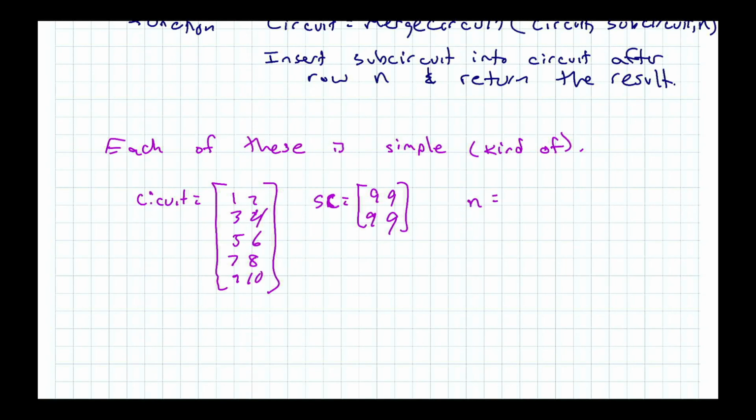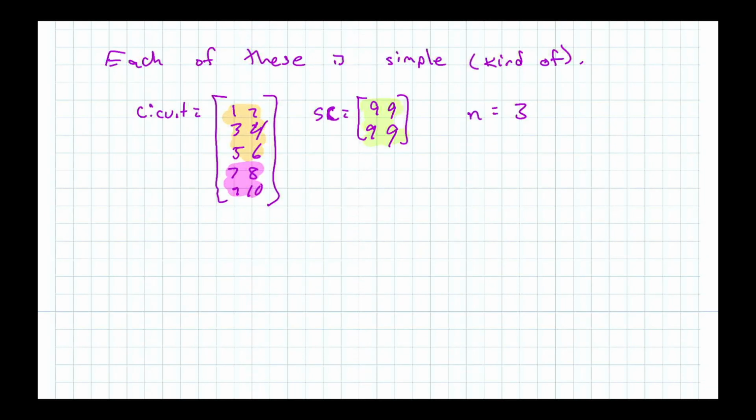But if like in was 3, right? All you've got to do is at that point, you would just say, okay, well, we want 3 rows from circuit, right? Then we want SC. And then when you're done, you go back here, right? And then that's not hard to do in MATLAB, right? The code in order to do that in MATLAB would just be like this. So as a one-liner,